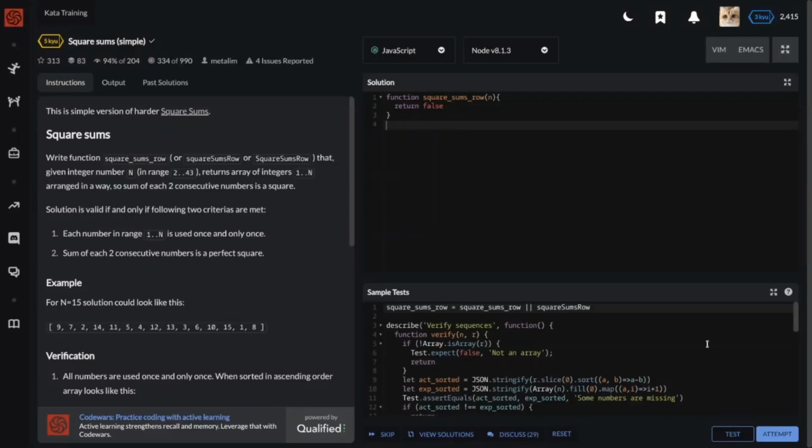In this video I'll try to explain my solution for the 5 kyu kata Square Sums Simple. This is a simple version of the other square sums kata. So we have a description: write a function square sums row. Given an integer number n in range 2 to 43, return an array of integers 1 to n arranged in a way so the sum of each two consecutive numbers